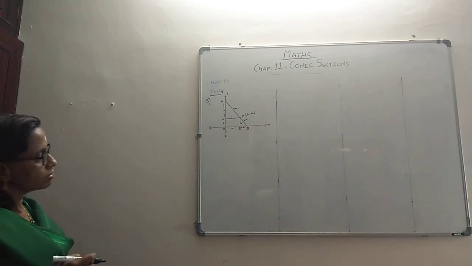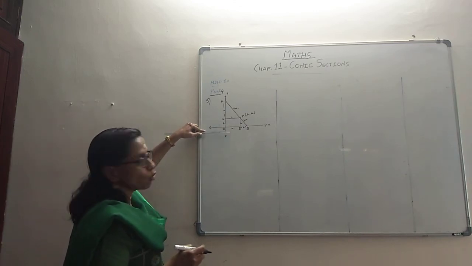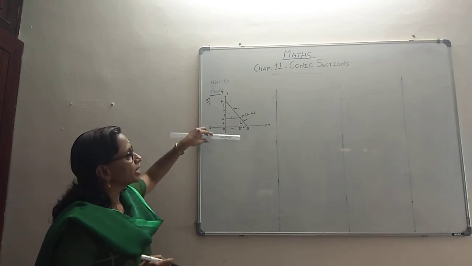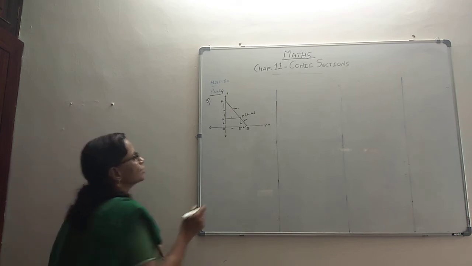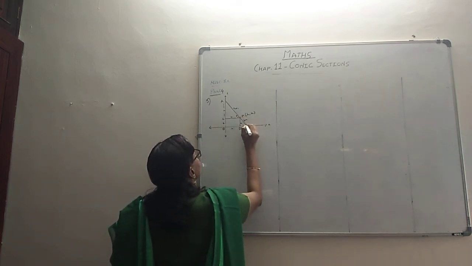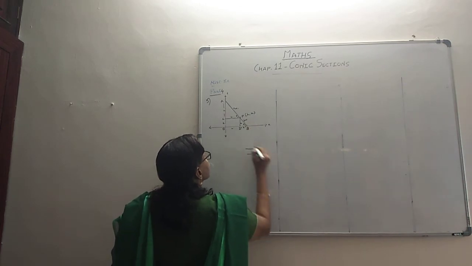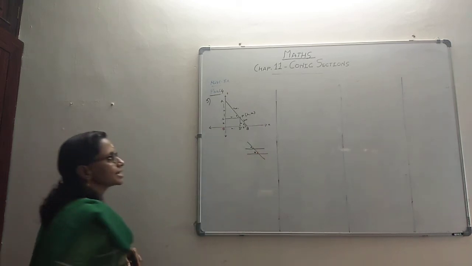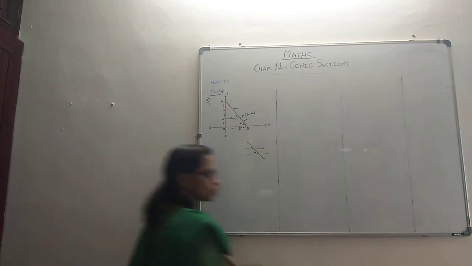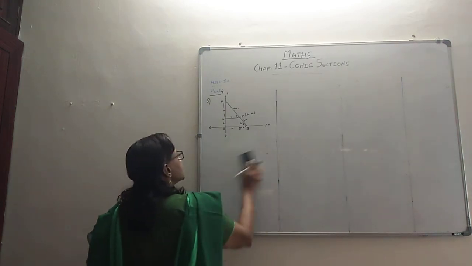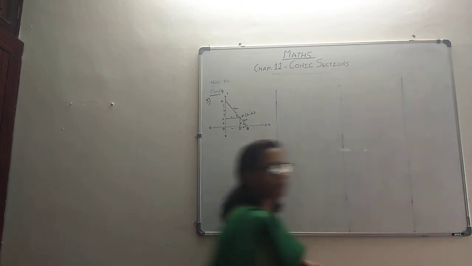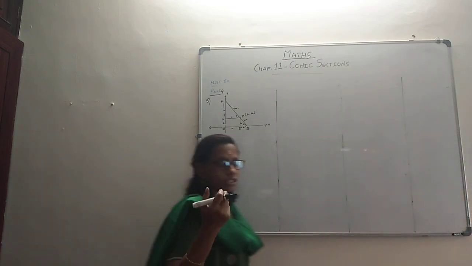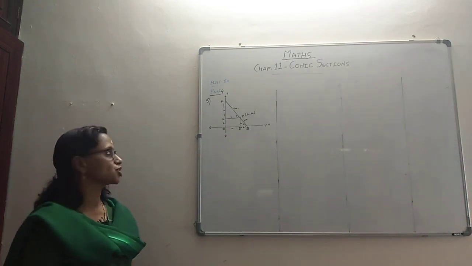Now if we carefully observe, CP is parallel to OB, and AB can act as a transversal. So they will have their corresponding angles equal, right? So if this angle is theta, automatically this angle will be theta. Whatever angle is formed here, that angle only will be formed here. So that's how you have those two angles as theta. With so many assumptions, we will see how we take sine theta and cos theta, try to equate them, and then finally probably we'll be able to get the equation of this particular point P(h, k).